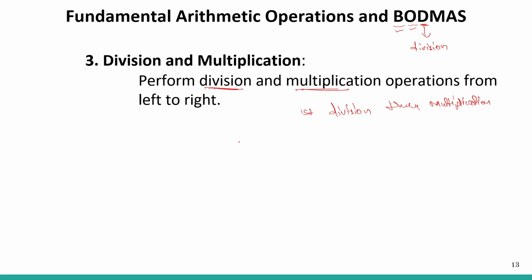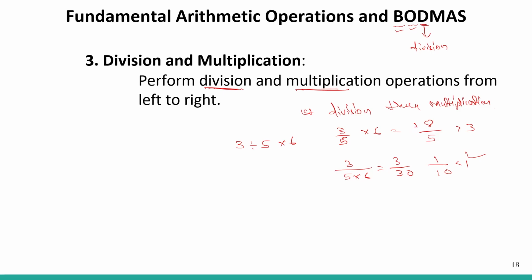Let's say you have the numbers 3 divided by 5 into 6. The question again arises: is it 3 by 5 into 6, or is it 3 by 5 into 6, that is equal to 3 by 30? This one is equal to 18 by 5 and this one is equal to 1 by 10. These two are purely different numbers. One is less than 1 and the other is greater than 3. So these two numbers are different.